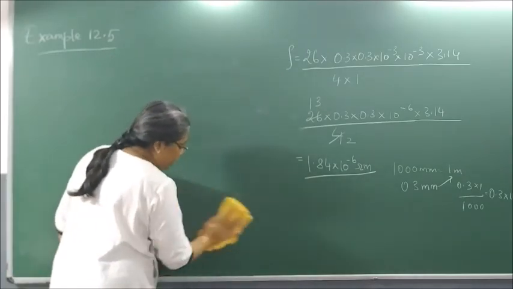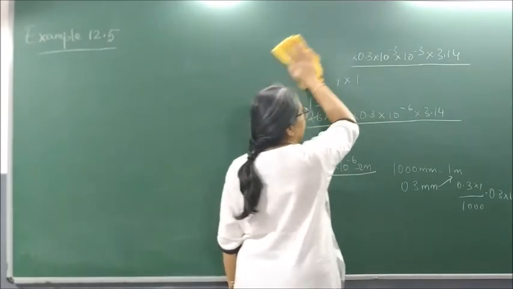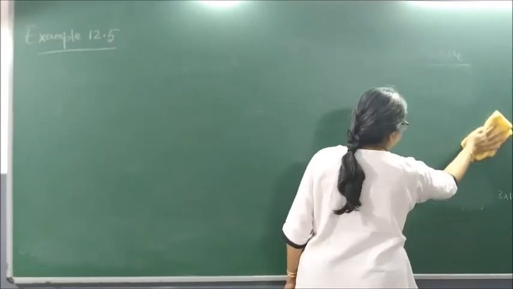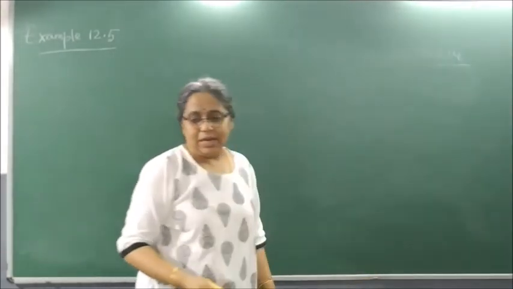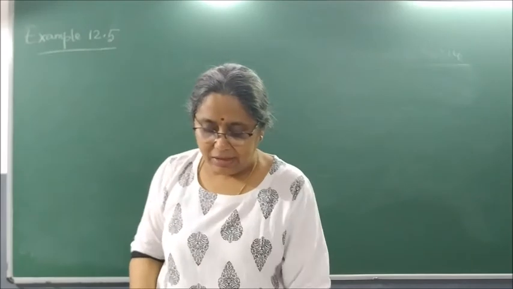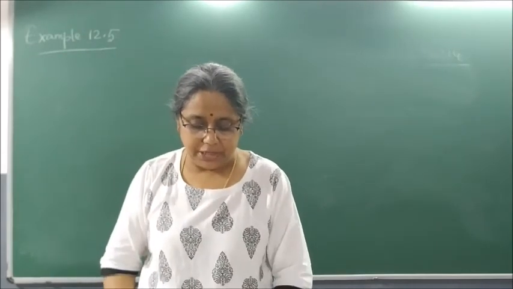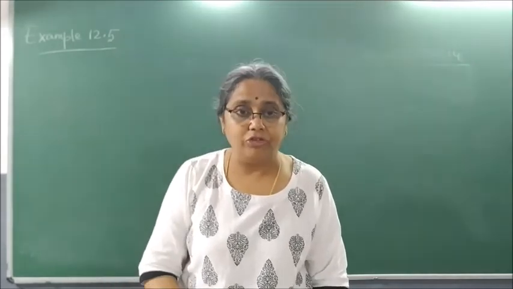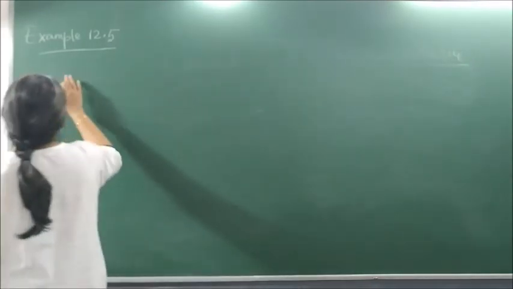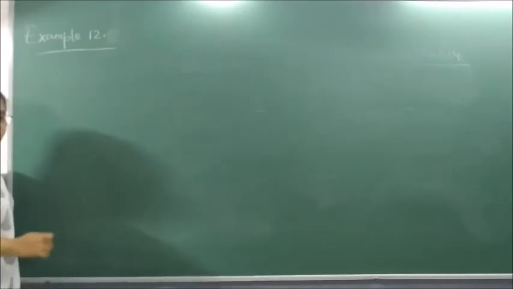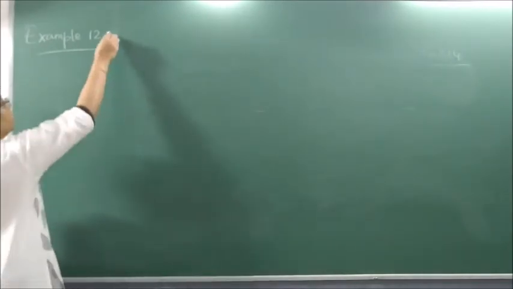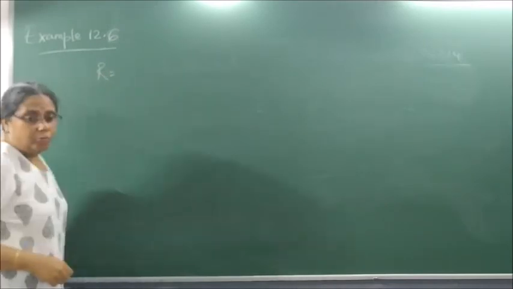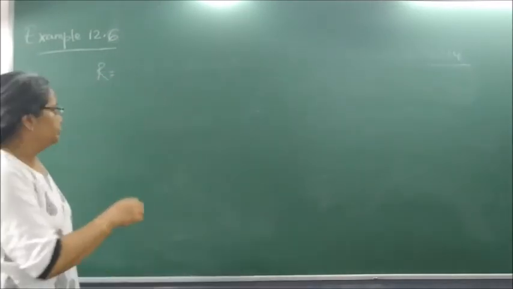It is a very important problem, and every year there are a lot of questions which are generally asked on the same parameter. So let us understand the problem. It says a wire of a given material having length L and area of cross section A has a resistance of 4 ohms. So this is 12.6, no? How many ohms is it given? 4 ohms.